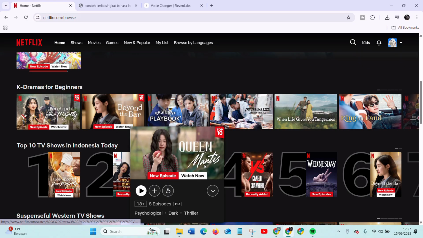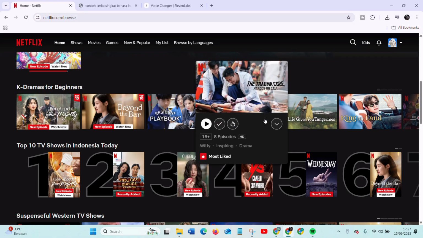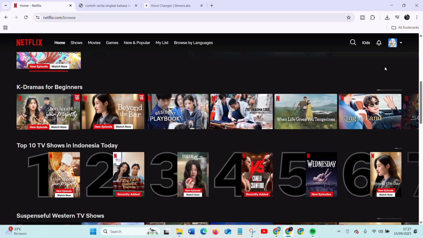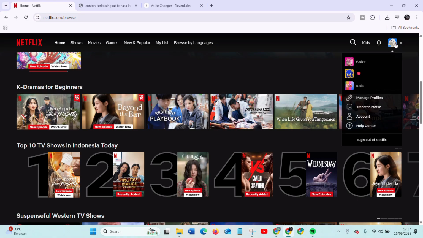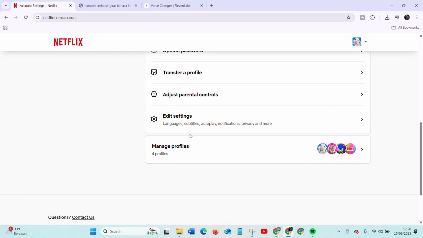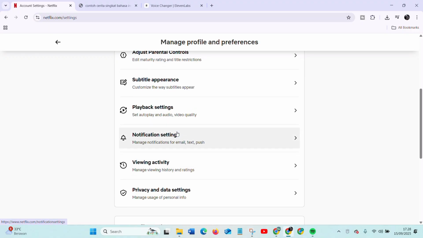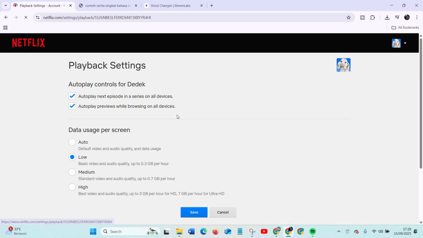It's very simple. First you have to open your Netflix. You can open it on your mobile app or you can just open it on the website on your computer. Now you can go to settings, click on your profile, select the profile that you want to reduce the data usage for. Now you can click on account. From account, you can just scroll down, select edit settings, scroll down, choose playback settings, and here, by default, your data usage